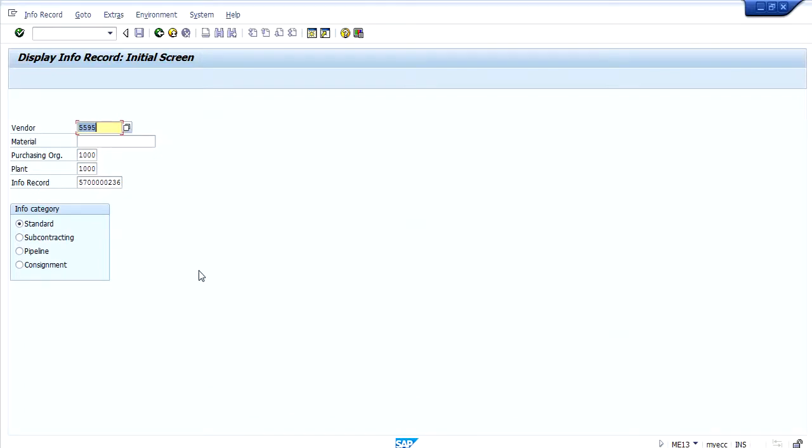So here in our case, we can create an info record without having any material. Here our purchase organization is 3000, plant 3000.